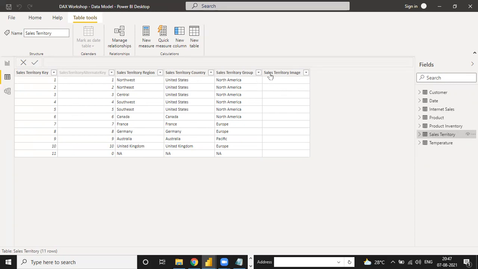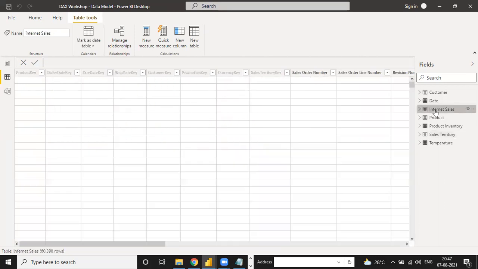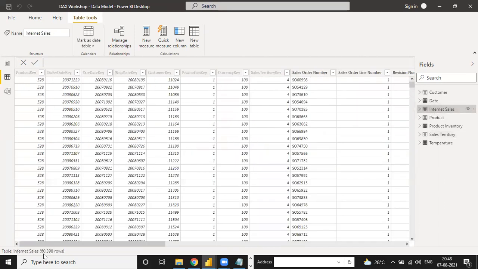See, under the sales table, when we move to the internet sales, the total number of sales is 60,398, meaning the total number of transactions is 60,398. Then how to calculate this?